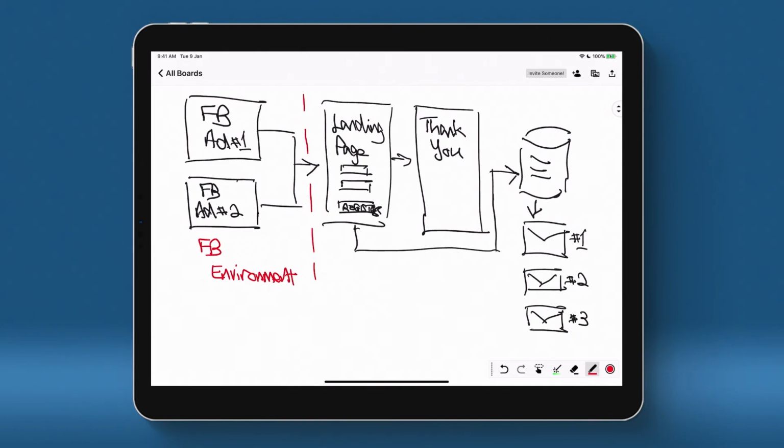So you see, without a pixel, as long as your visitor is within the Facebook environment, and let's say, for example, they